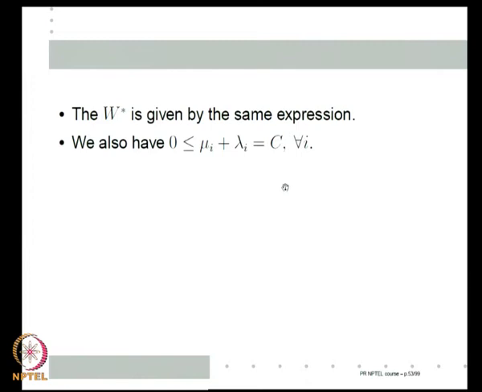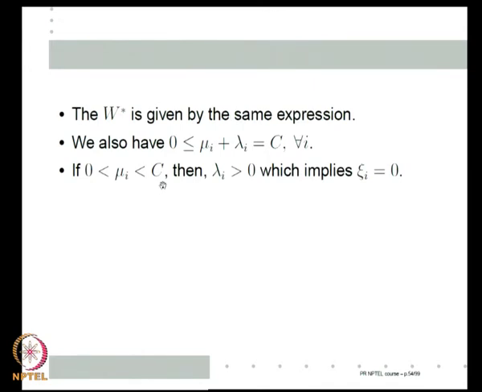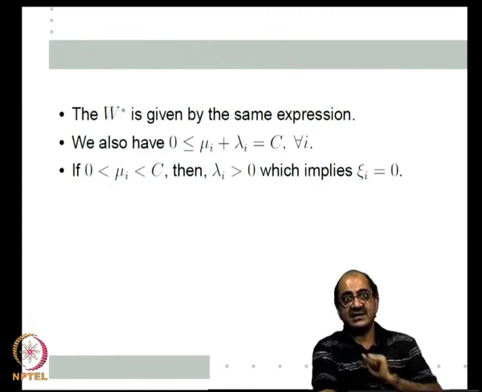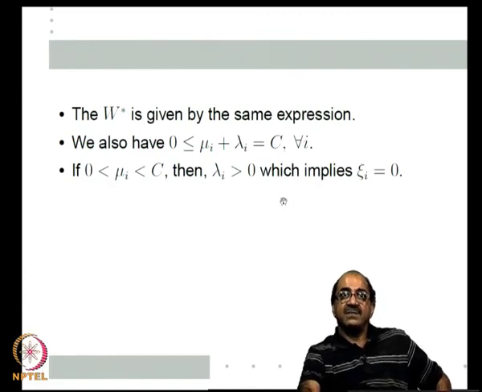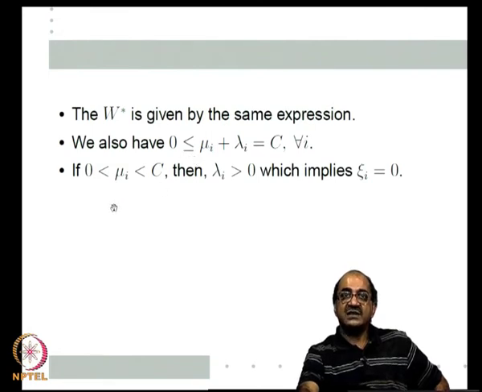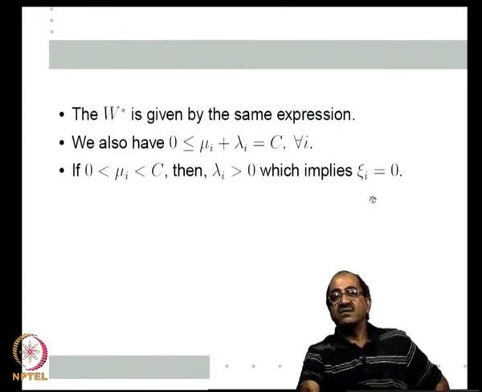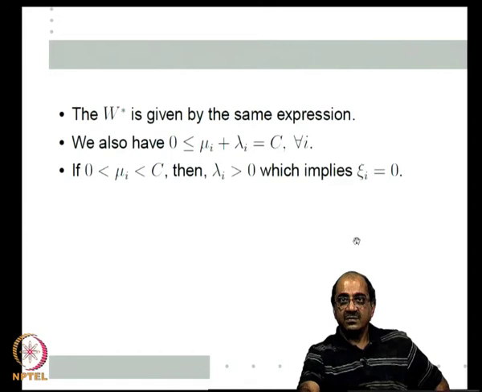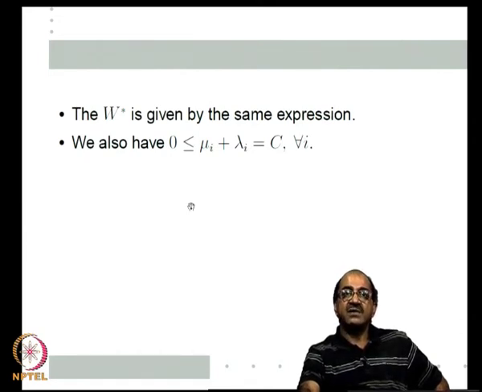Now, because I have this, if I consider all mu I which are not only strictly greater than 0, but strictly less than C, then mu I is greater than 0, so the first complementary slackness tells me that the constraint is 0. And because lambda is greater than 0 - why is lambda greater than 0? Because mu I is strictly less than C, and I need mu I plus lambda to equal C. Lambda has to be strictly greater than 0, which implies Ji is equal to 0. Right. So, if I consider any mu I that is strictly between 0 and C,